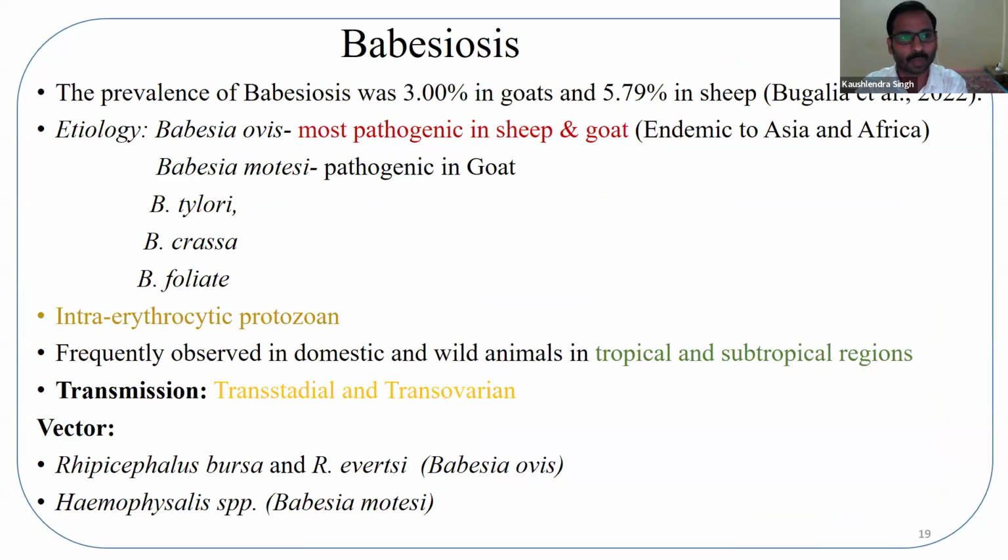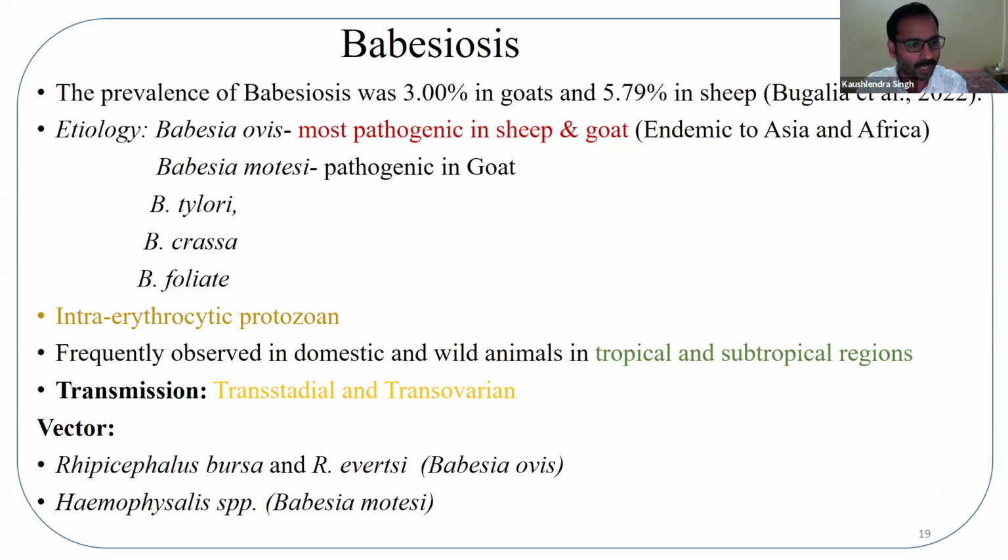Come to the next disease, babesiosis. The prevalence of babesiosis is 3% in the goat and 5.79% in the sheep, as reported by Gilead et al. 2022. Babesia ovis is the most pathogenic in sheep and goat and is endemic in Asia and Africa, and Babesia motasi is also pathogenic in the goat, and the remaining are not that much pathogenic. The Babesia organisms are